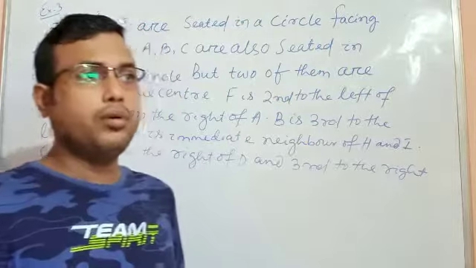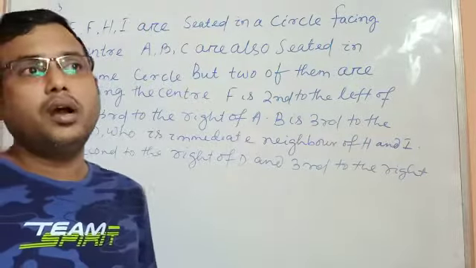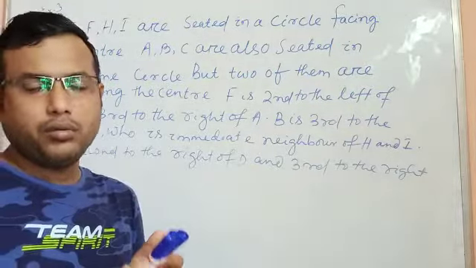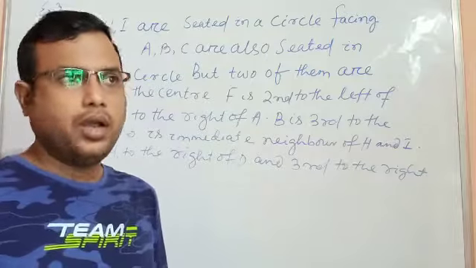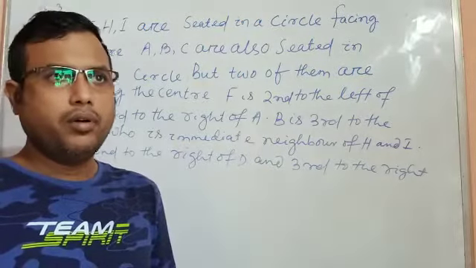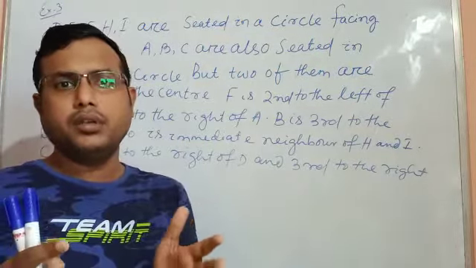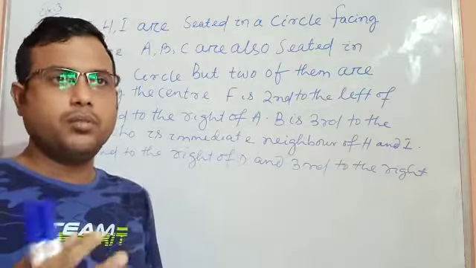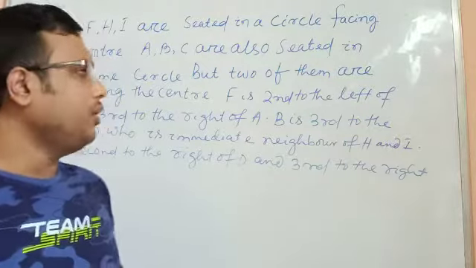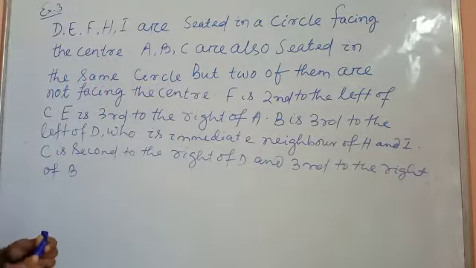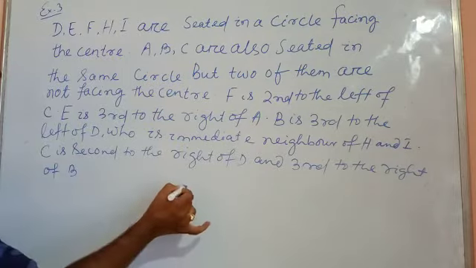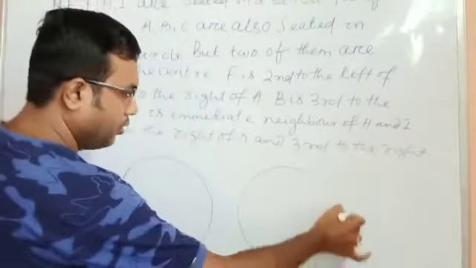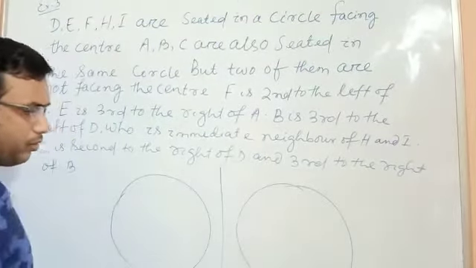Okay, so come to the board and see how this question is different from the previous two questions, how it is a confusing one, how to avoid your confusion. I have already told you, you just draw two diagrams in order to avoid your confusion. So in the similar procedure we try to solve the question. Now draw one circle, and also draw another circle, in order to avoid your confusion.